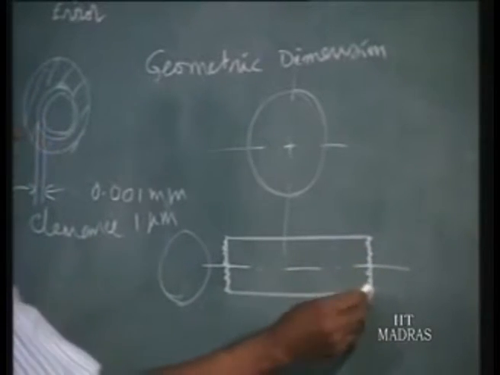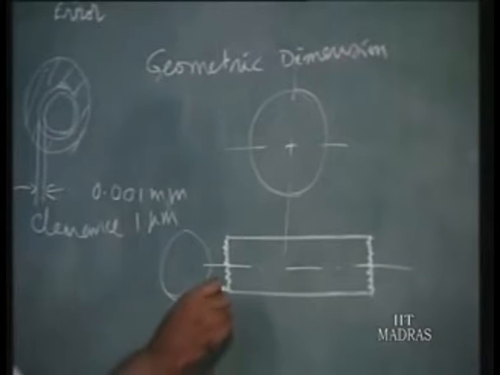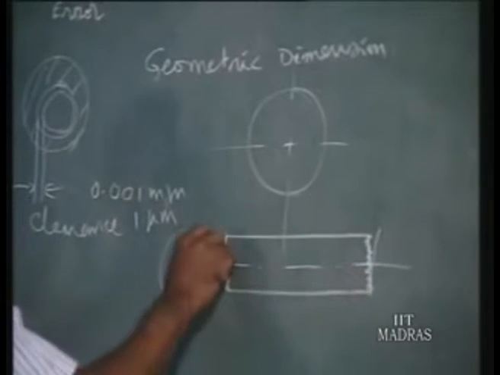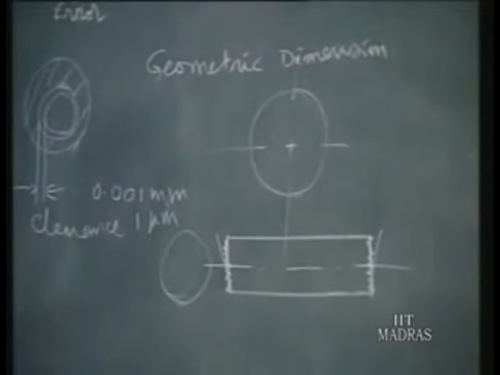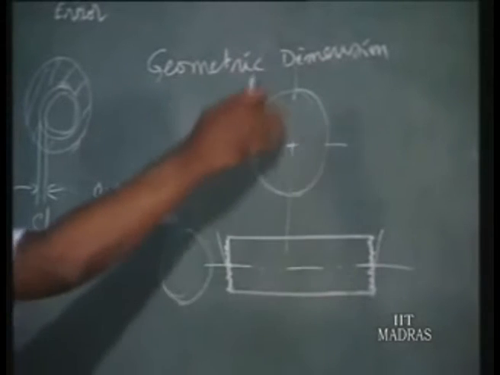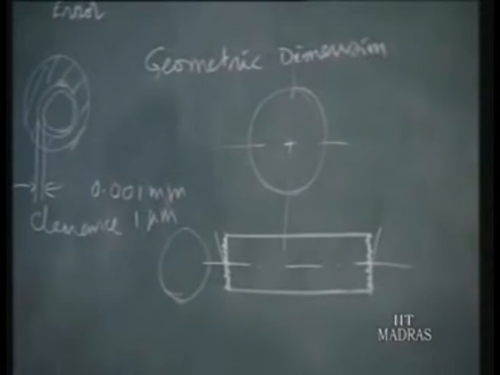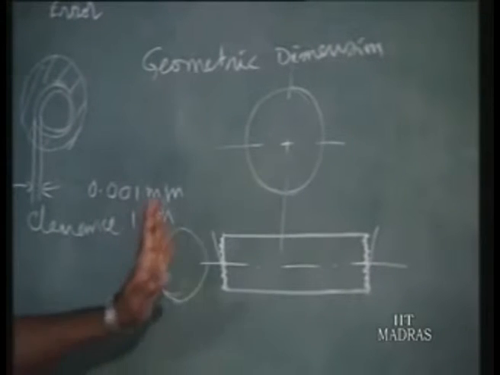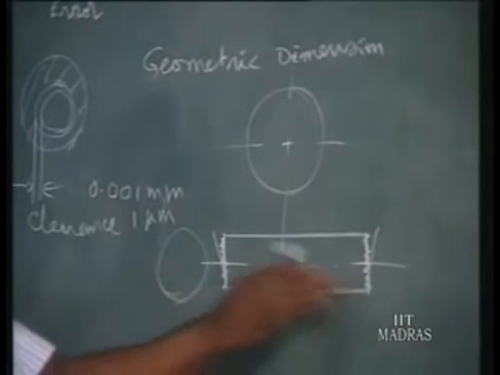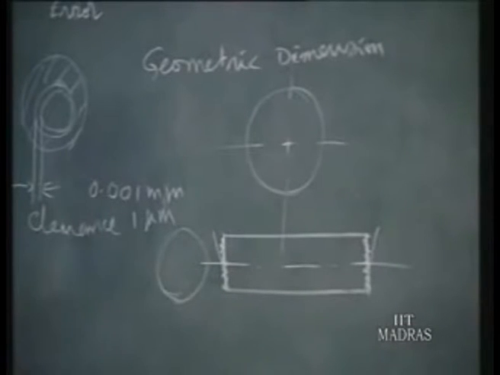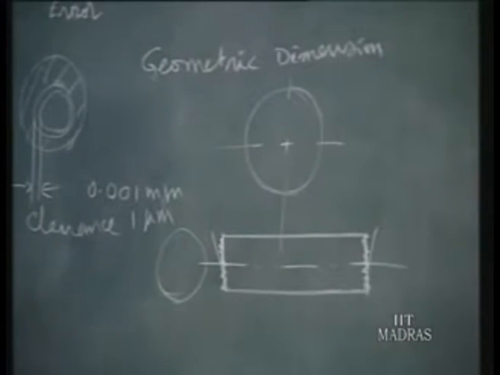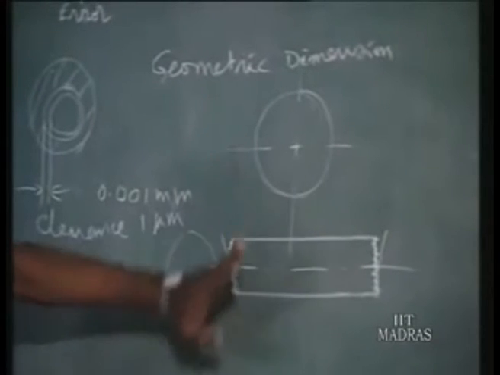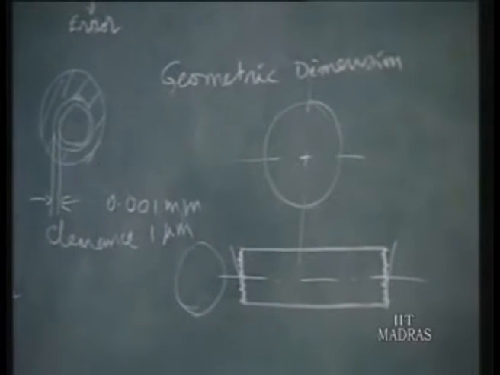So when we measure the length of the rod, if the surfaces are slanting, we will have one dimension at the bottom and another dimension at the top. And if it is not plane, if it has shallow ups and downs in the macro dimension, then it depends where we put our measuring instrument. So even though we say it's simply length, it's difficult to decide the actual length. These are abstract dimensions which may not be realized in practice.